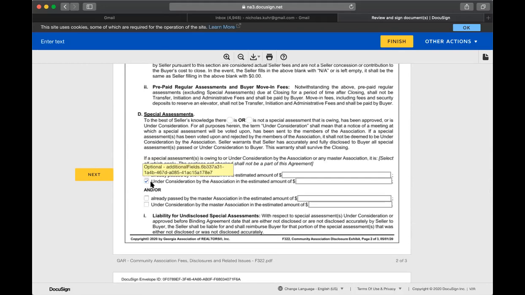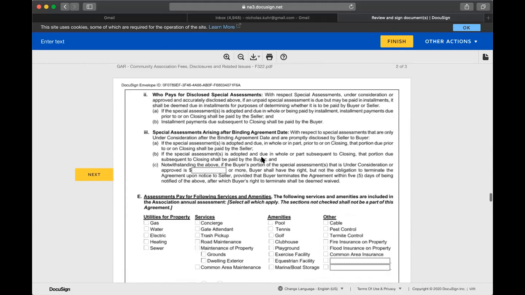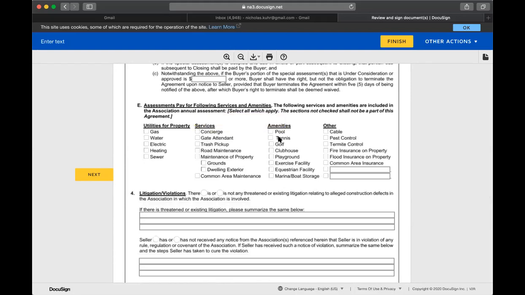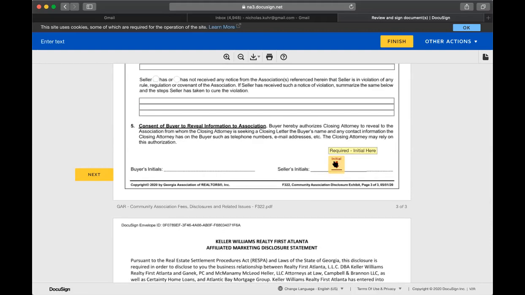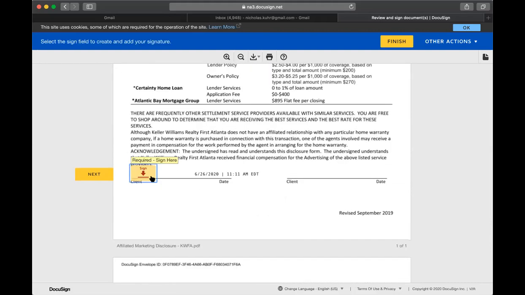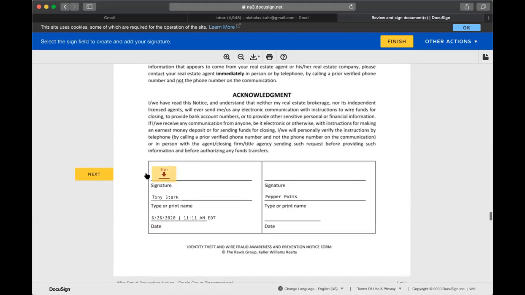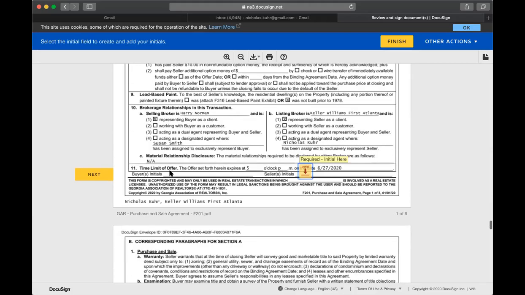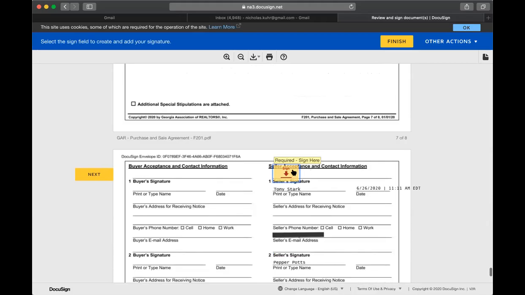And it's that simple. Pool, tennis, clubhouse, playground. And then he can initial, and then sign affiliated marketing, sign wire fraud, initial purchase and sale, and sign purchase